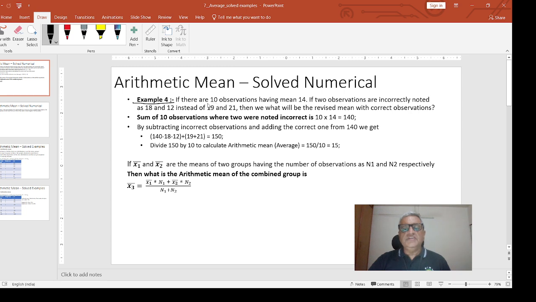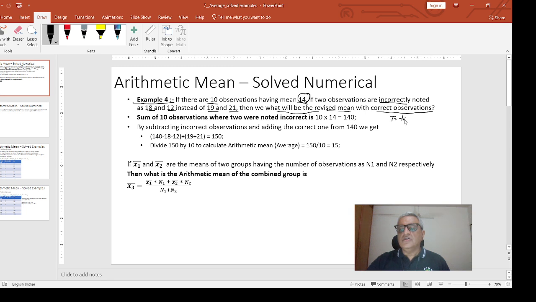If there are 10 observations having mean 14, and if two observations are incorrectly noted as 18 and 12 instead of 19 and 21, then what will be the revised mean with correct observations? So let's understand. There are 10 observations and the mean of those 10 observations is 14. Which immediately tells us that